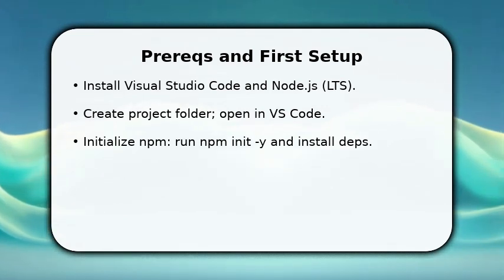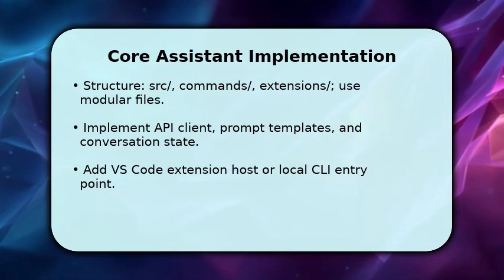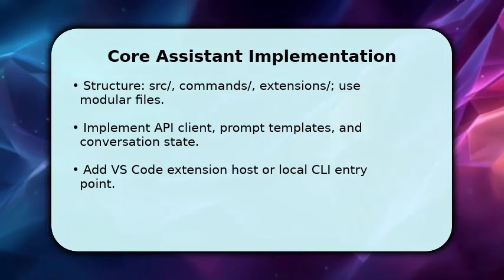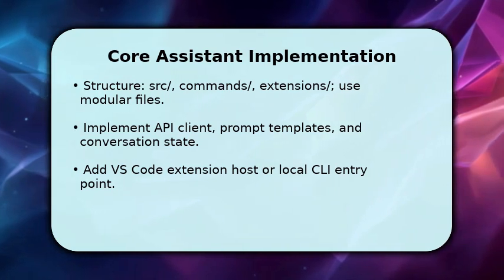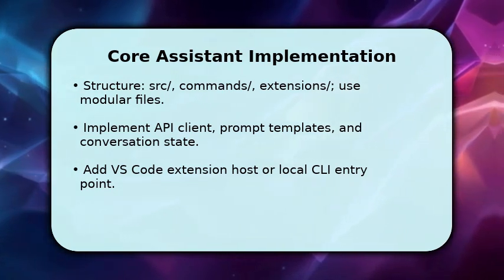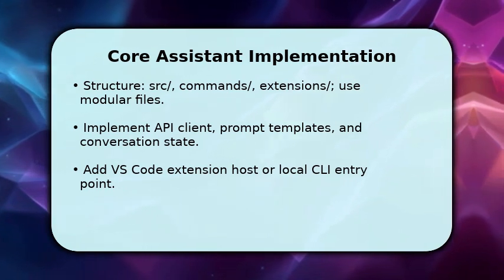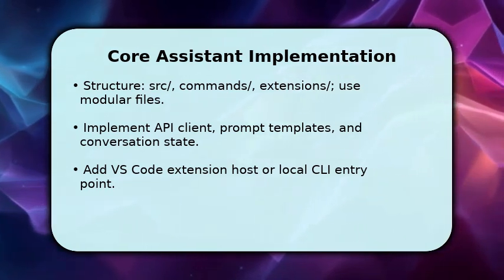Now implement the assistant core. Organize source folders for commands, prompts, and state management because modularity prevents mess. You will code an API client that wraps authentication and requests, then create prompt templates and a lightweight conversation store